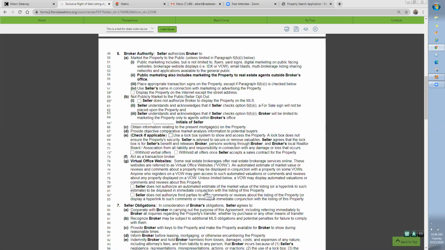Withhold verbal offers, okay? That's up to the client. If the client wants to hear verbal offers, we don't need to check that off, okay? If they want to withhold verbal offers, we can check that off. And if anybody comes in with a verbal offer, we don't have to release that to the client, okay? I usually check this one off, withhold all offers